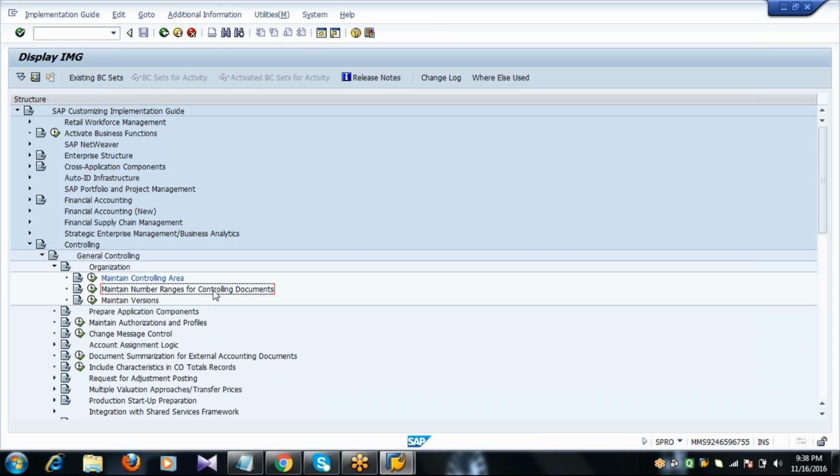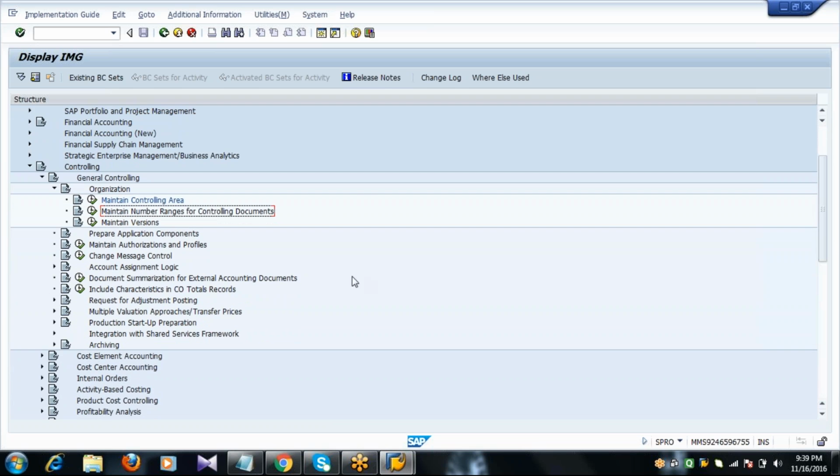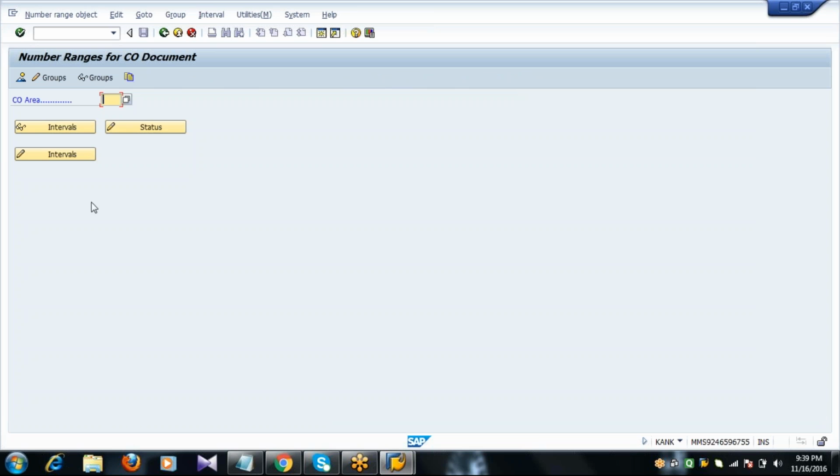It's the same path: SPRO, SAP reference IMG, controlling, general controlling, organization, and just below that you have maintain number ranges for controlling documents. Click on the clock. Enter the created controlling area.